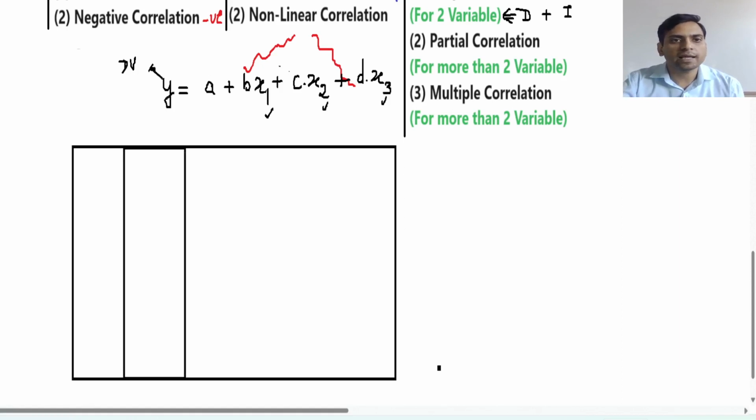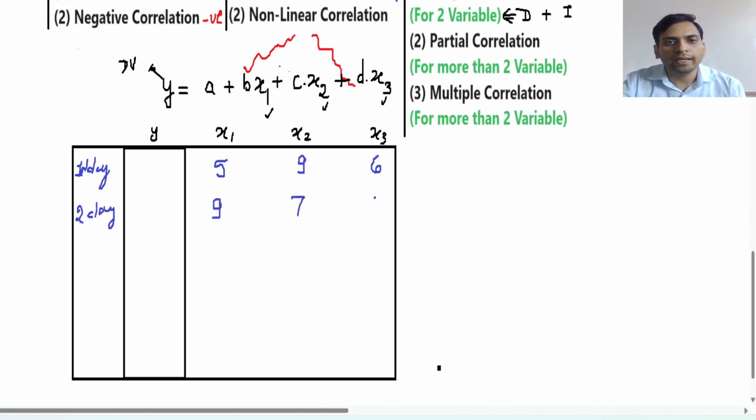Okay, so three variables are there. First is x1, second is x2, and third is x3, and this y is total cost. Okay, so on one day, first day, you are manufacturing 5 units of bed sheets, 9 units of blankets, and 6 units of shooting shirting. Now on second day, there is some change in production. You are producing 9 units for this bed sheet, 7 units for this, and 8 units for this. And another scenario,